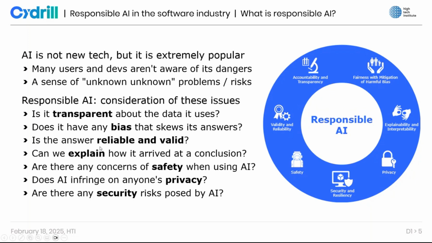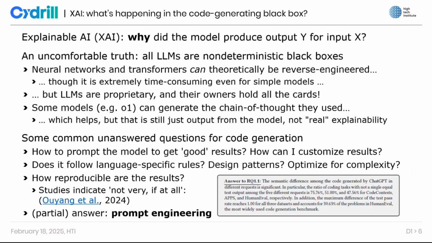Then the next kind of questions, explainability and interpretability. Do we understand what's going on inside the AI? And the last three, safety, privacy, and security, which is, does generative AI pose any kind of new threats to the security of our systems, sensitive data, and the generated code itself? I will go into more details on that, so I'm going to actually skip forward and dig into them in a little bit more detail. So let's start with explainability.